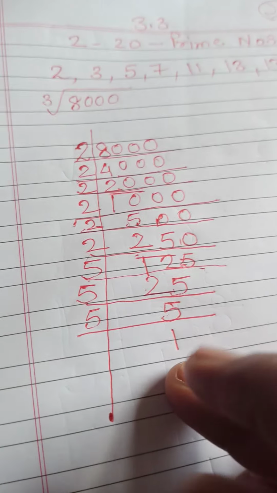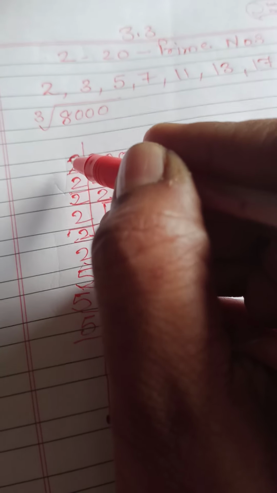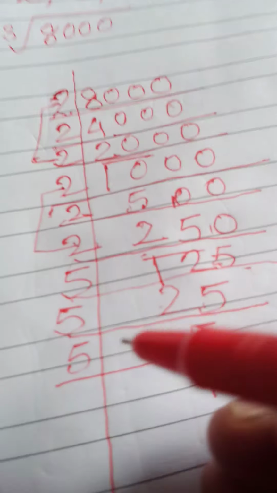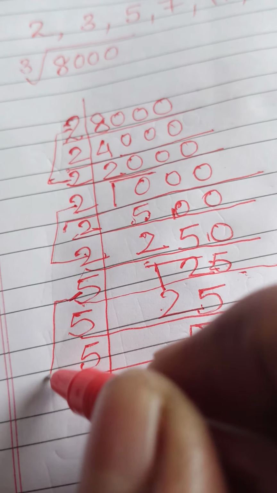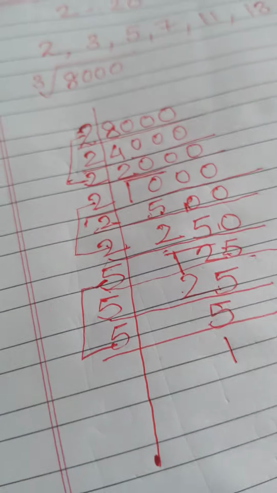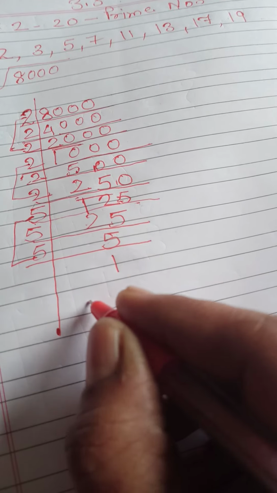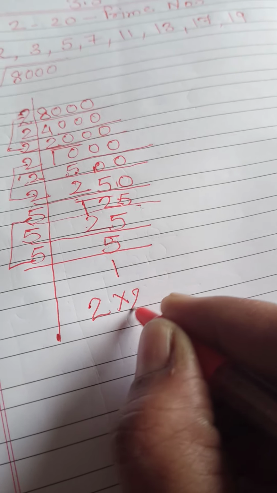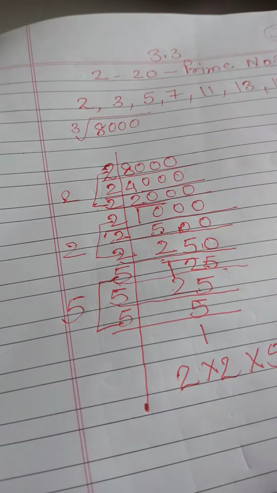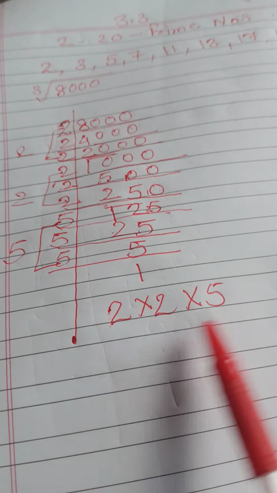Now what you have to do is make groups of 3 numbers each. So here you have 2, 2 and 2, one group. Again 2, 2 and 2, another group, and here you have a group of 5, 5, 5. The number which you have in a group, write it once. So here you can write 2, 2 and 5. One from this bunch, one from this bunch and 5 here. So I have the numbers 2, 2 and 5.